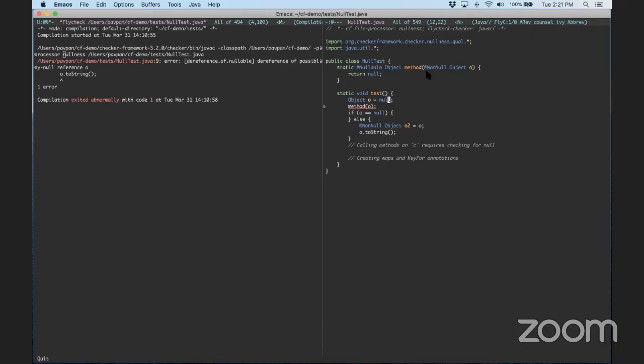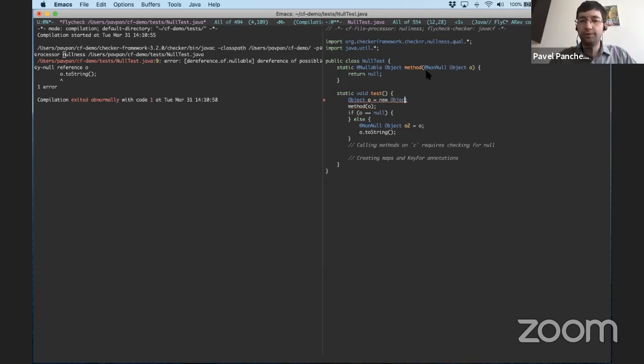If it was made just a single object, would it also? Right. So if this was made a new object, then the inferred annotation for O would be non-null. So here, this is actually a non-null object O, because I'm assigning it to a new object. Whereas if I did null, this would be a nullable object O, and that would cause an error lower down. There we go. Sorry, it takes a few seconds for the actual type checker to run. That's why you see the red squiggly arrows show up back and forth.